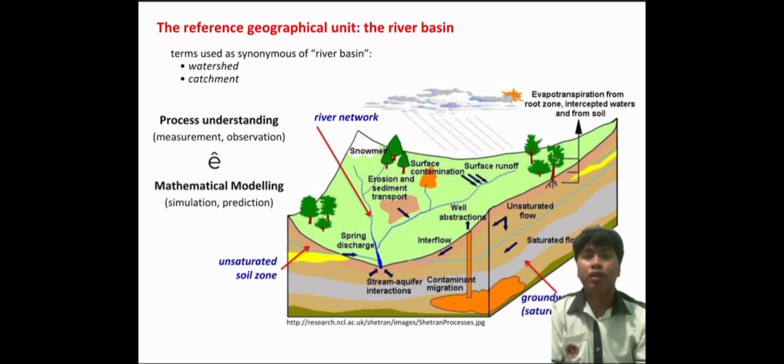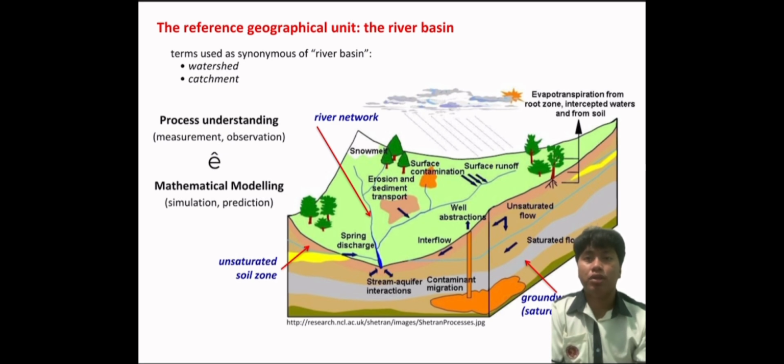Hydrological analysis within a river basin includes two major aspects. This is process understanding through observation and measurement, and mathematical modeling, which allows us to simulate and predict how water behaves in the system. As you can see from the diagram, the hydrological cycle in a basin includes various components like